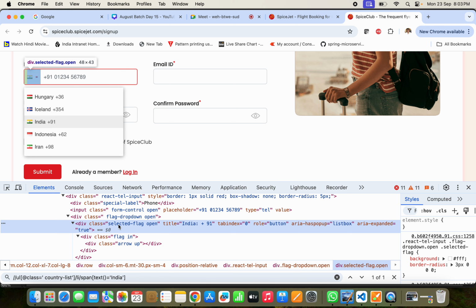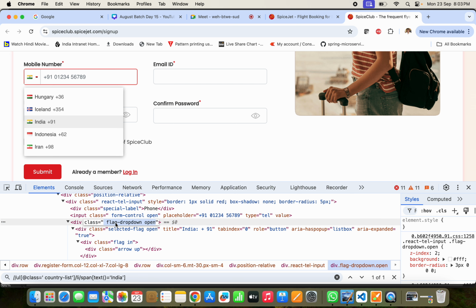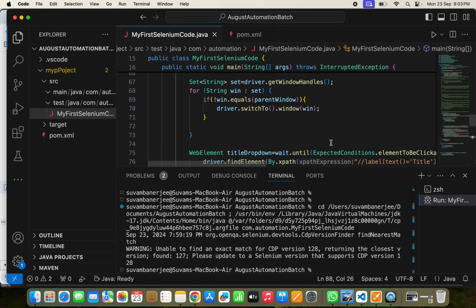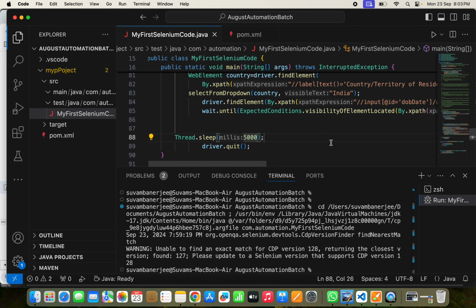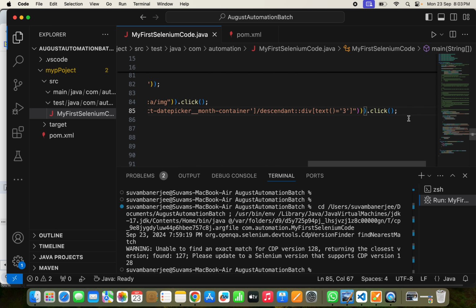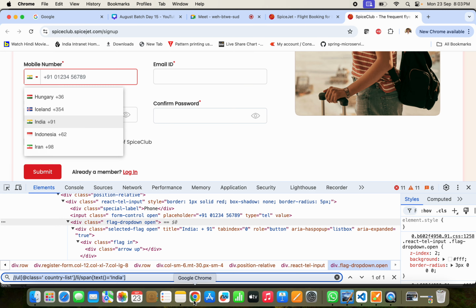Okay, क्या है XPath, फ्लैग ड्रॉप डाउन ओपन, ठीक है। तो फर्स्ट इसको रखते हैं यहाँ पे, एक सेकेंड। ओके, इसका क्या है, फ्लैग ड्रॉप डाउन,